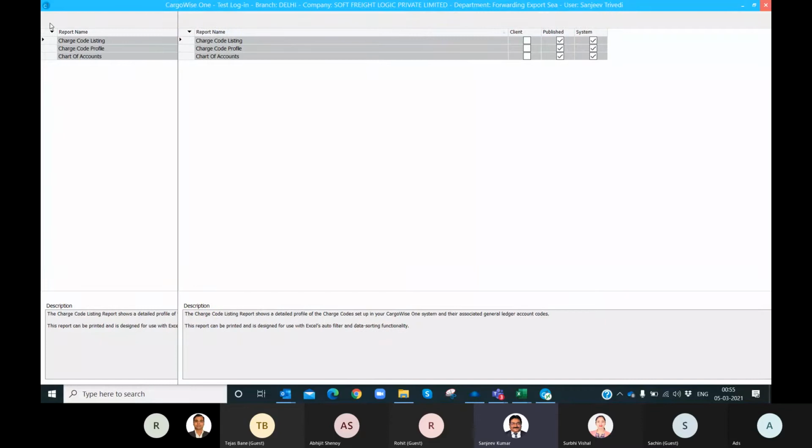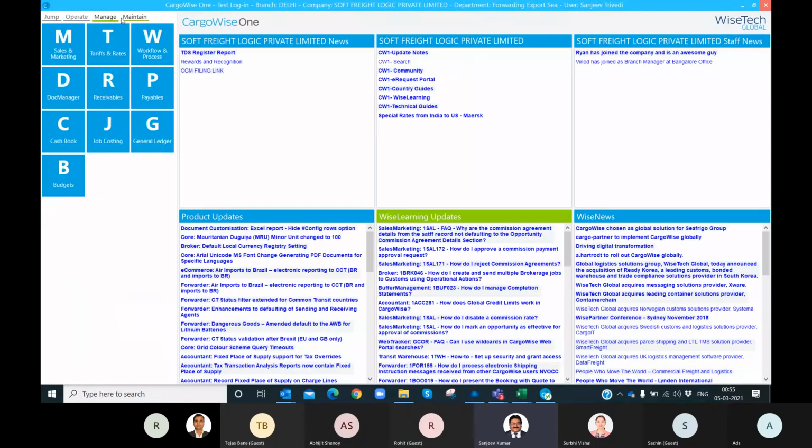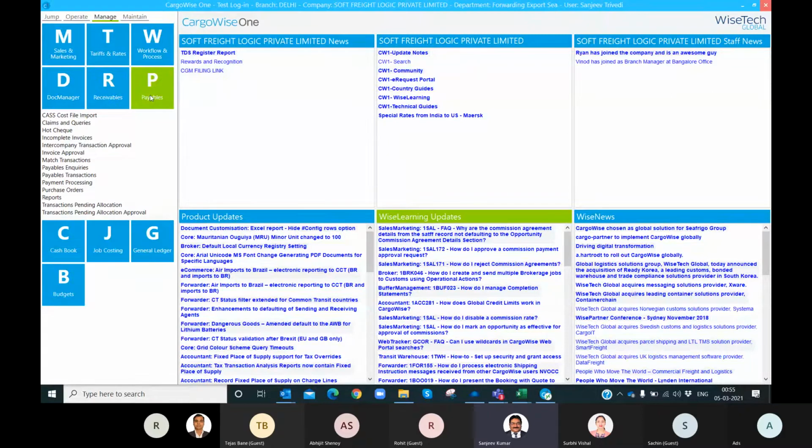If I go to manage, under manage, basically the accounts person has to come to manage, and here the main working of an accounts executive will be, like receivable, payables, cash book, general ledger. These kinds of entries can be done through manage only.